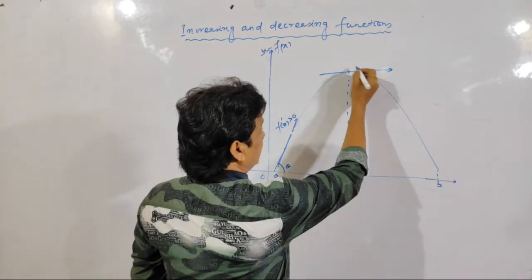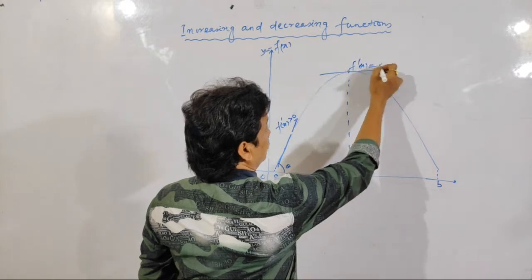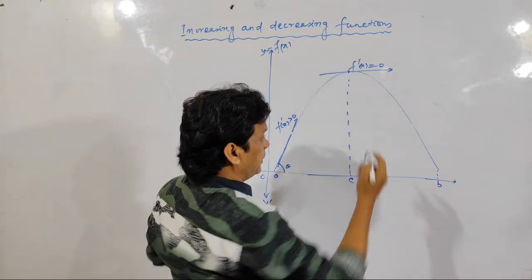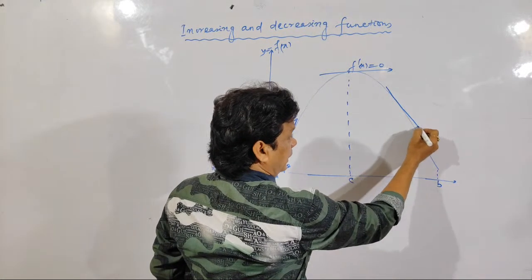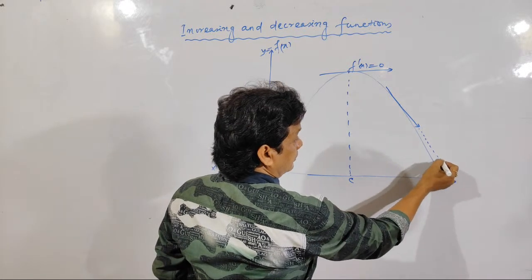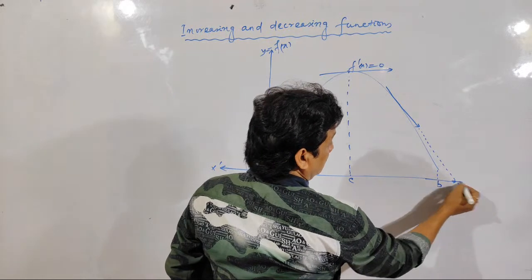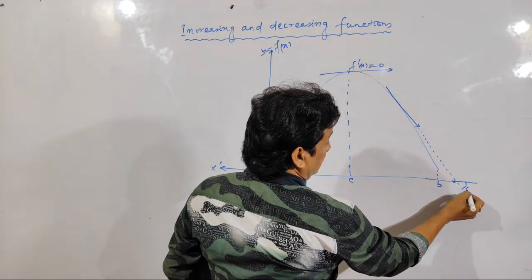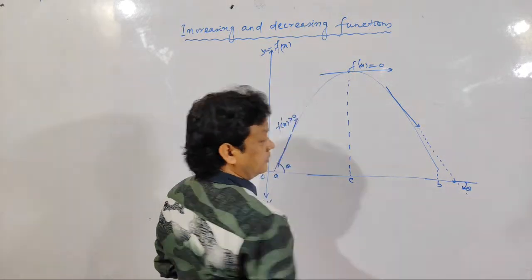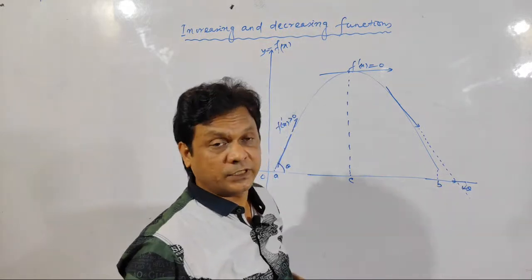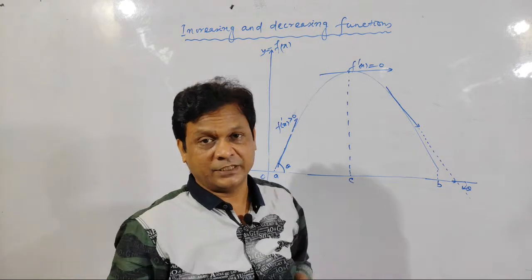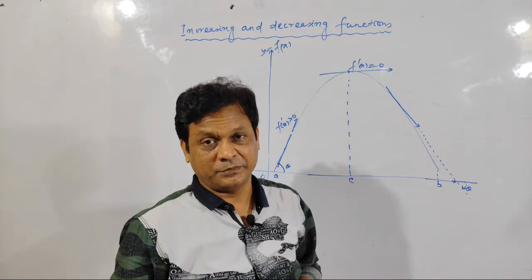Then at the point C, the slope of the tangent is equal to 0, because the tangent is parallel to the x-axis. Then after that, at this point I am taking the tangent, any point, and here it will extend, and you are making an angle theta here, and this theta is measured in this direction, clockwise direction. So it will become negative, and tan of minus theta is minus tan theta. That means slope will be negative.